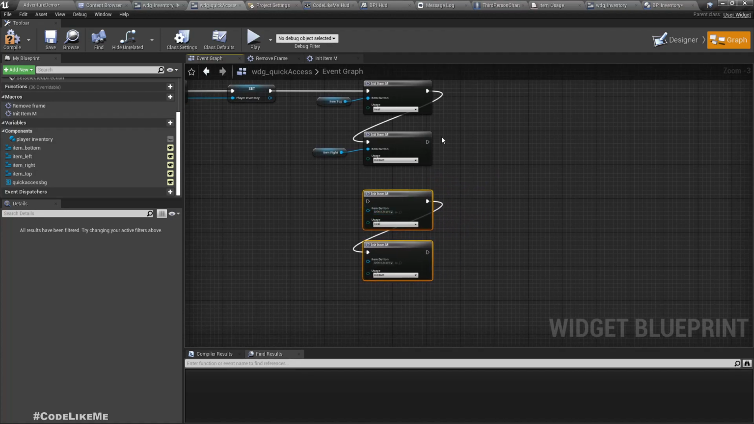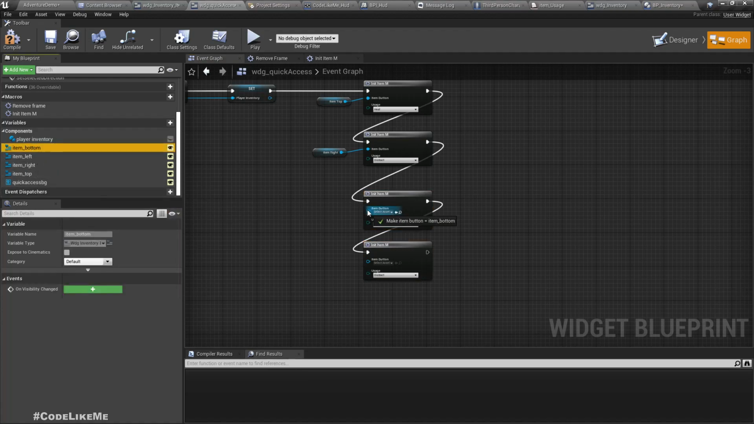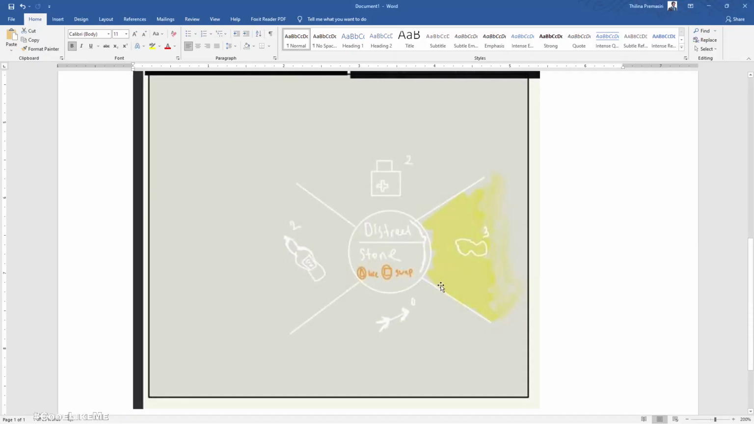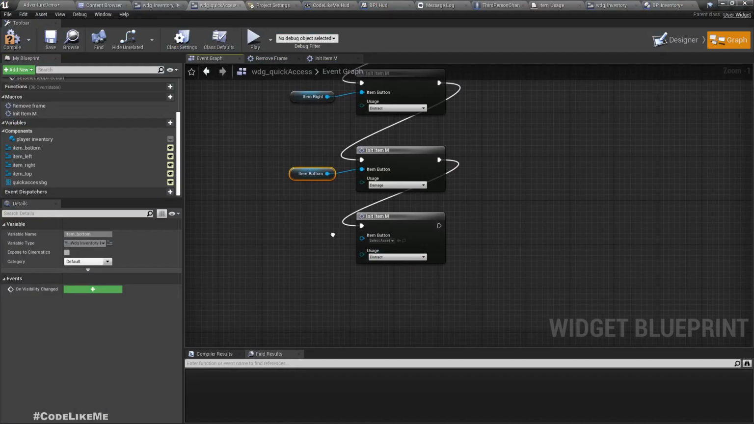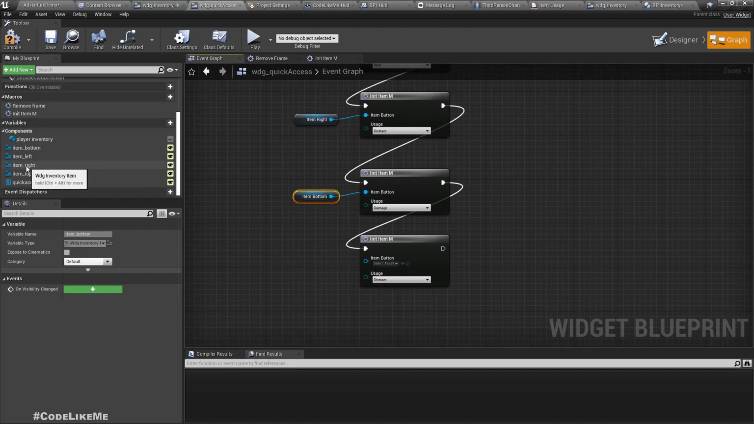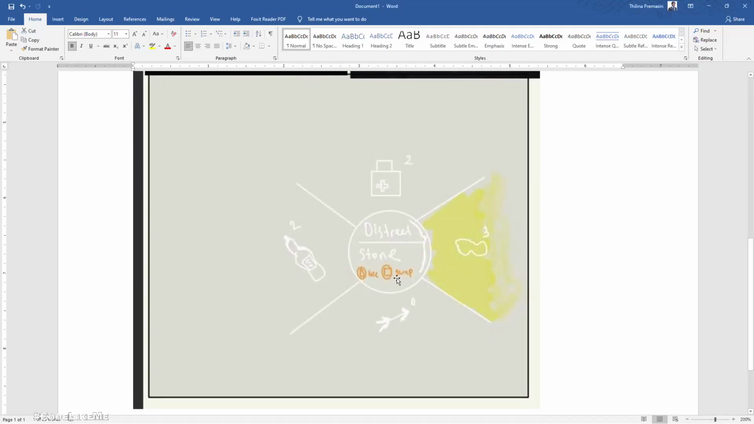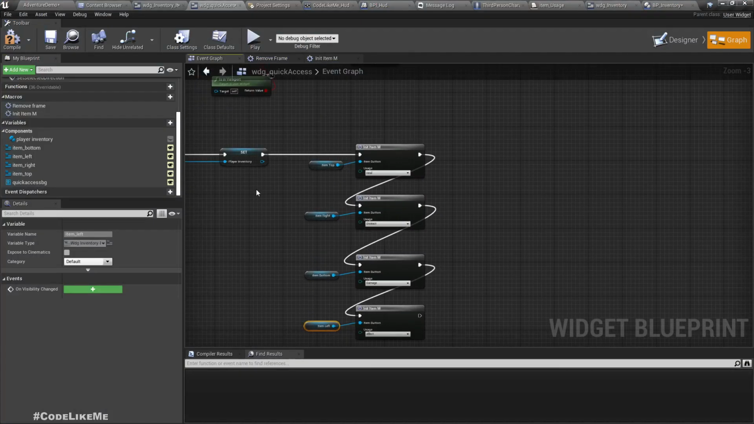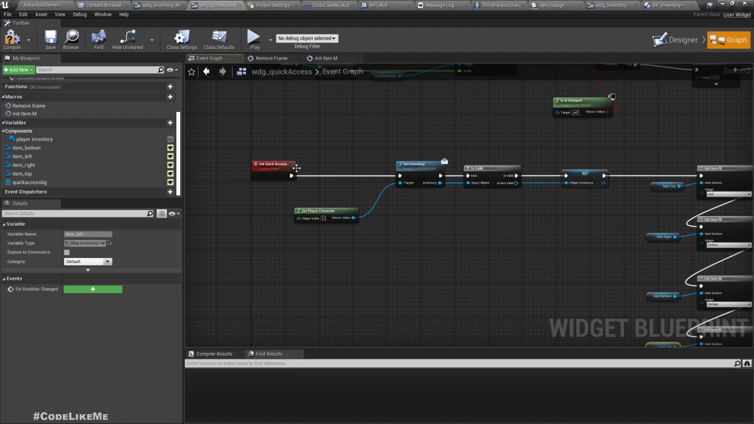Similarly, we need 2 more macros. Item bottom, for that type is damage, and item left, for that type is effect. Yeah, right. So when this must be called